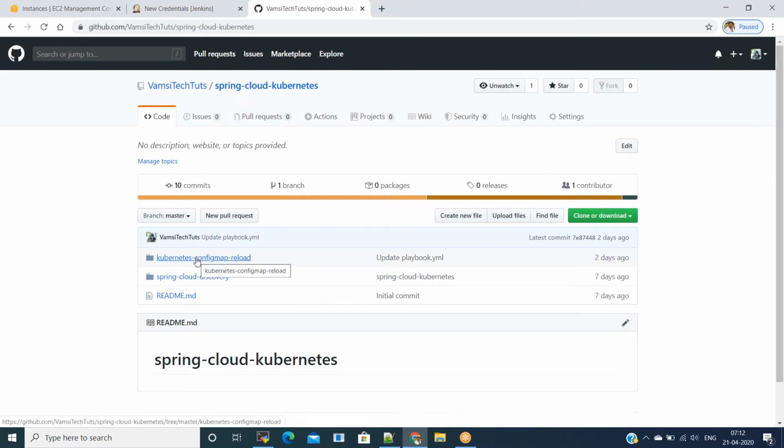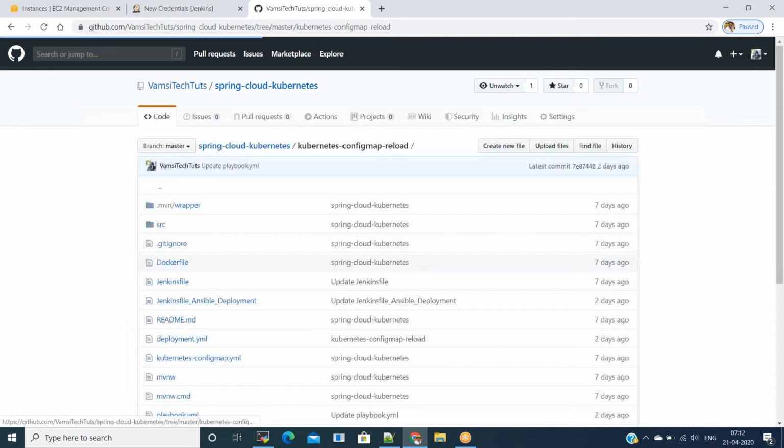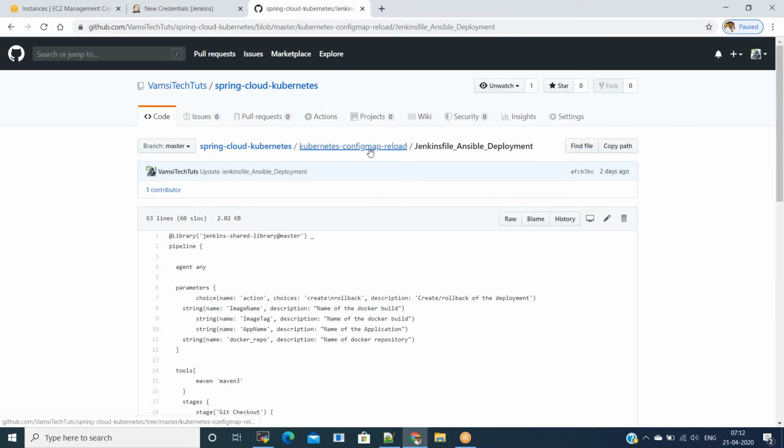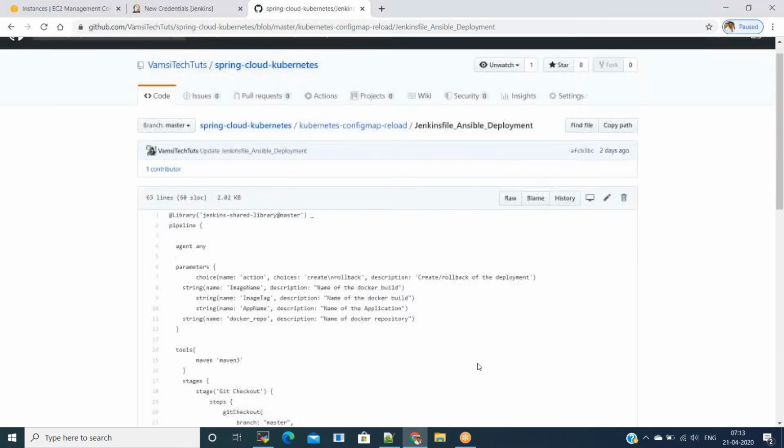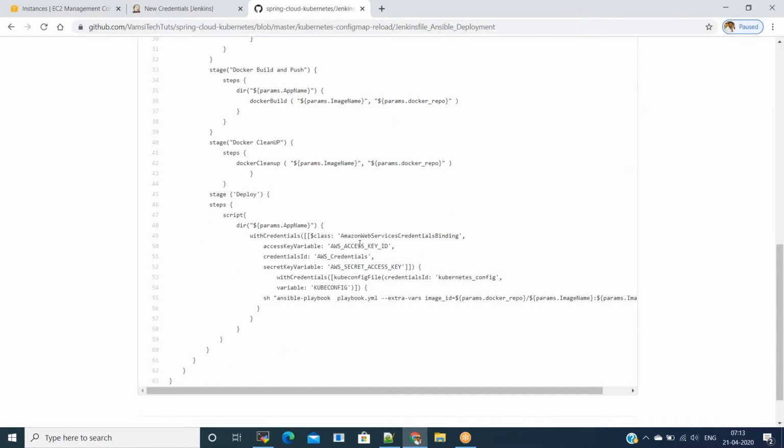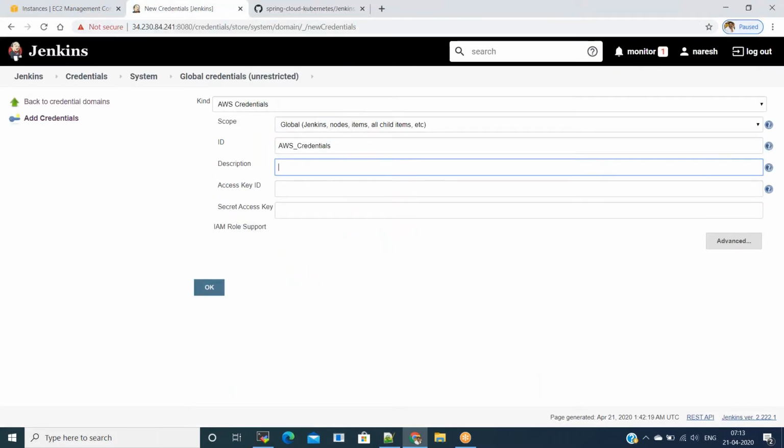Inside that you have Kubernetes config map reload. Inside this you have a Jenkinsfile for Ansible deployment. You need to see what exactly I am using in the credentials ID. It will be under AWS credentials. The credential ID is AWS underscore credentials. You have to keep the same name whatever is there in the pipeline.